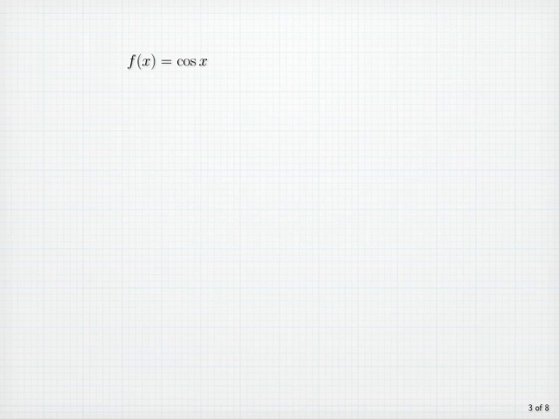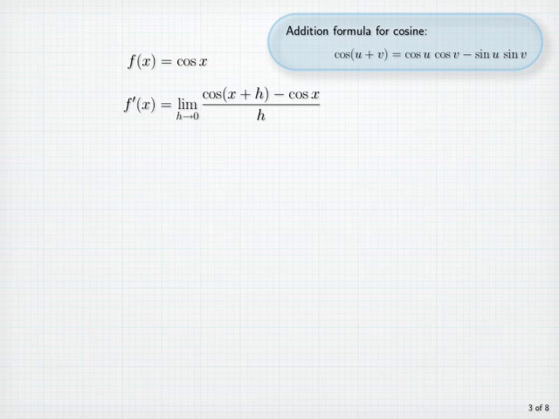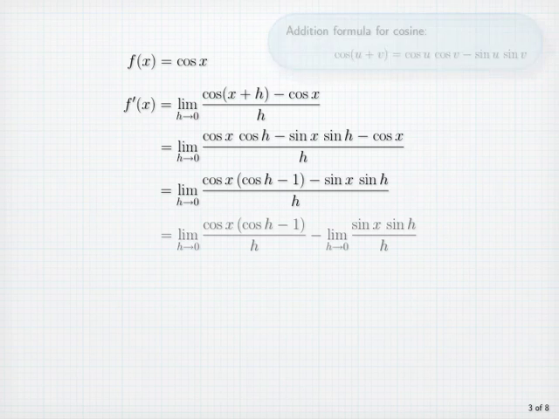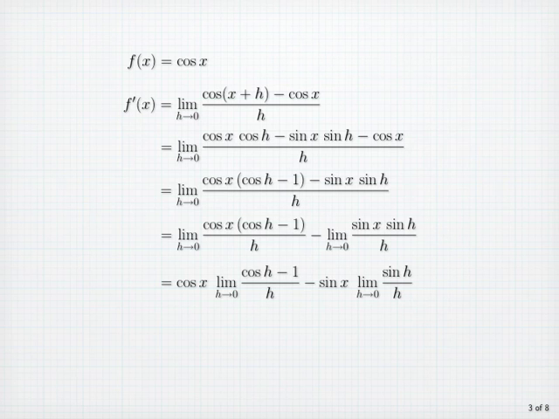Now let's look at cosine x. Using the definition of the derivative, f prime of x will be the limit as h goes to 0 of cosine of x plus h minus cosine x, divided by h. Using the addition formula for cosine, we write cosine of x plus h as cosine x times cosine h minus sine x times sine h. Now we factor cosine x from the first and last terms in the numerator, break the quotient up into two terms, bring cosine x outside the first limit and sine x outside the second limit,